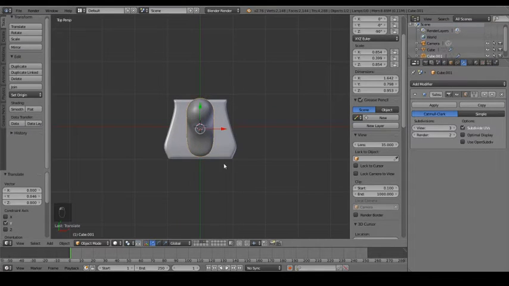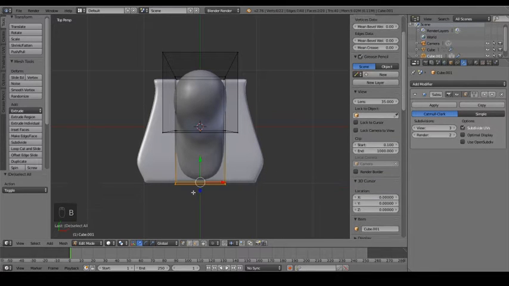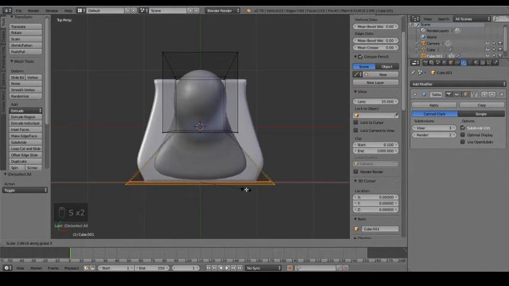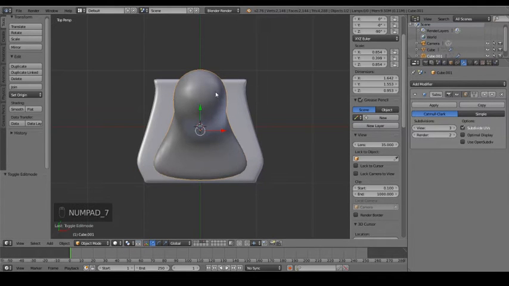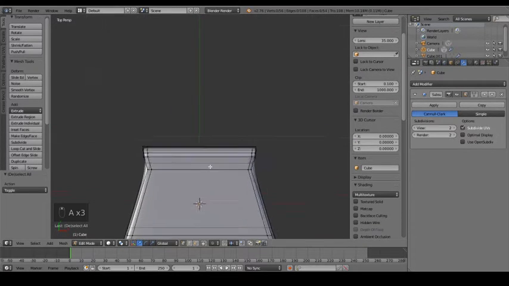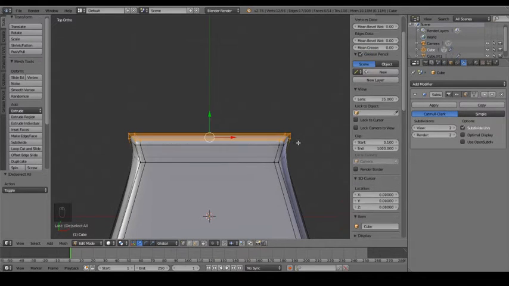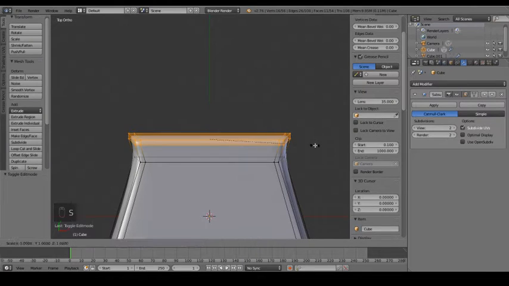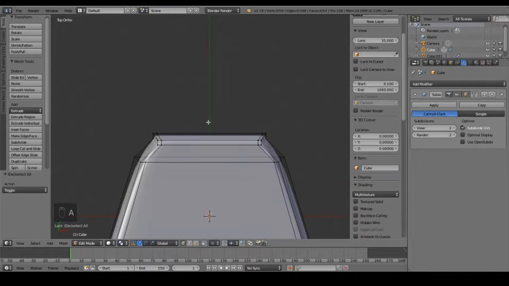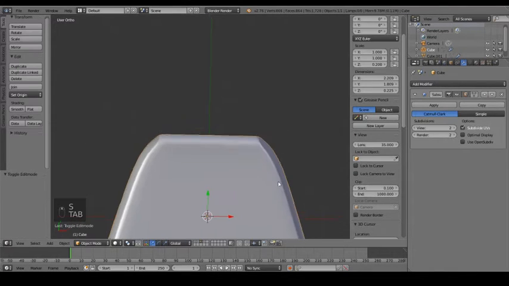Okay, so what I want to do is just scale this out here a bit. Box select that along the x-axis, like so. I'm just going to adjust these corners here now. So let's just deselect that. Box select just these vertices here. Scale these along the x-axis first, and then box select the upper ones like so, and scale those along the x-axis there. That tucks that in,